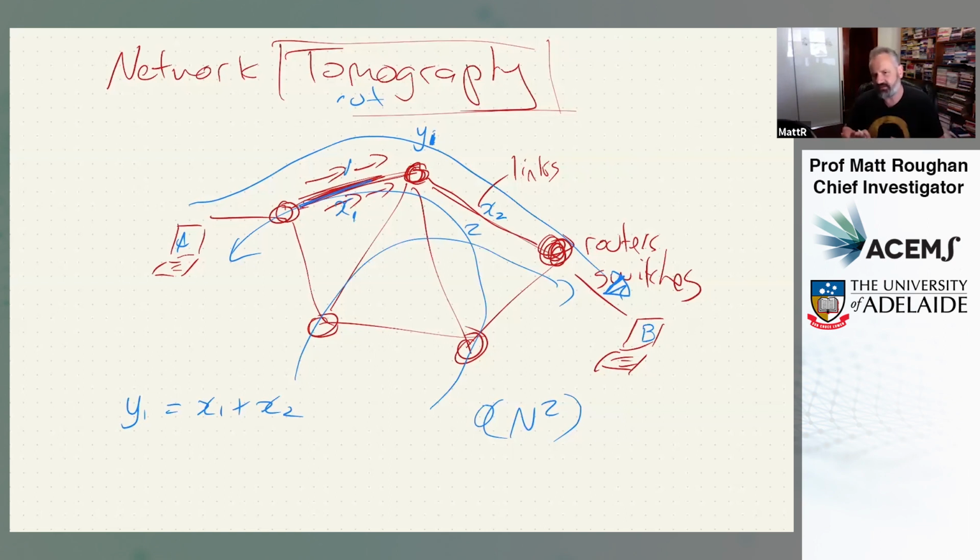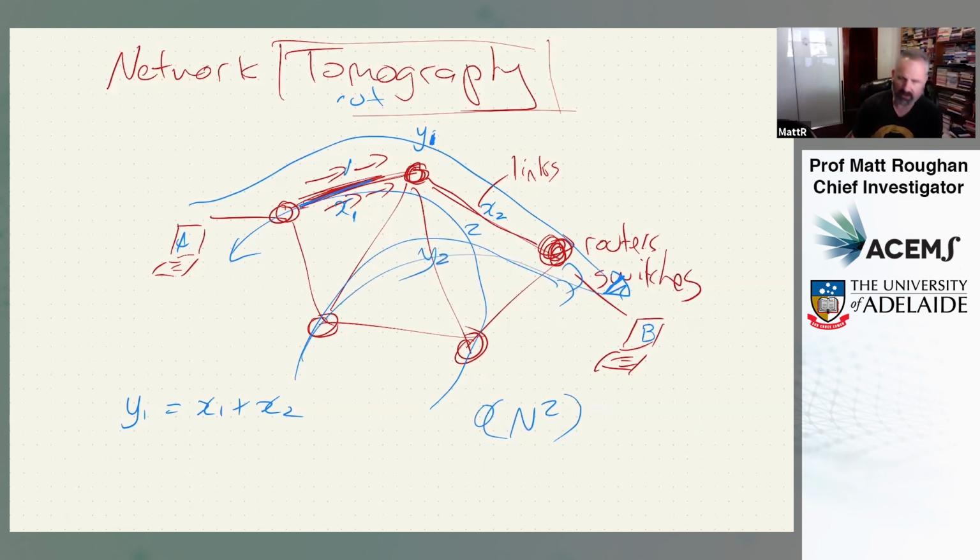Obviously, you're measuring an underlying stochastic system, so these will be estimates. They might be based on multiple measurements. You might be doing some sort of clever estimator on top of this, given some sort of prior distribution of delays and so on. But just for the moment, let's assume that these were just numbers and the delays across a path is just going to be the sum of the delays on the components of that path. We can do this over a set.